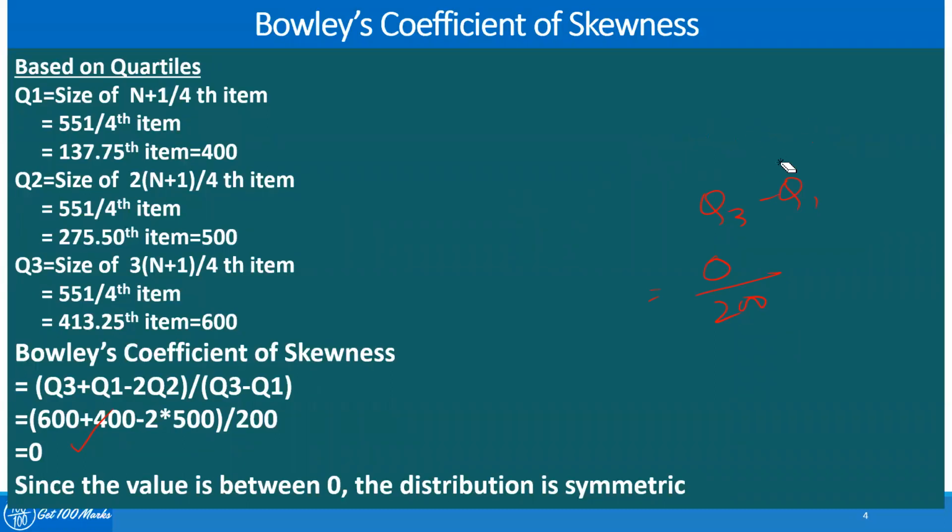So to conclude, let's see what things we have discussed so far in the measures of skewness. In the measures of skewness, the first thing we have done is absolute measures of skewness, and then we have done relative measures of skewness. Then we have understood there are two ways: there is positive skewness and there is negative skewness. And if there is no skewness, it is called symmetric.